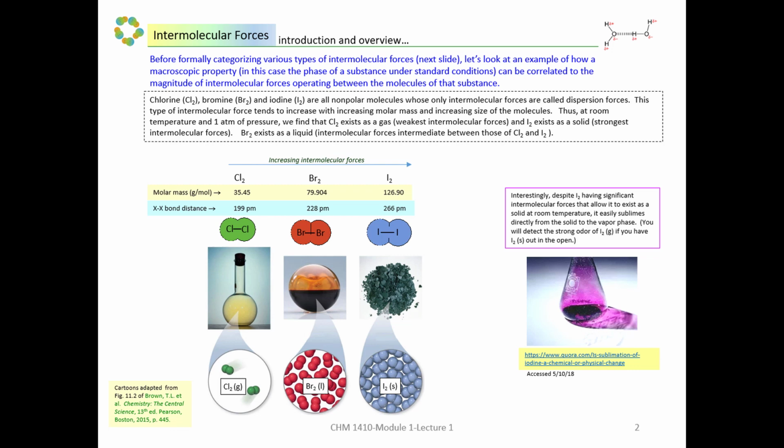In other words, chlorine exhibits the weakest dispersion forces, weakest intermolecular forces, so it exists as a gas at room temperature. Iodine exhibits the largest dispersion forces, or intermolecular forces, because it's heaviest and largest, and it exists as a solid